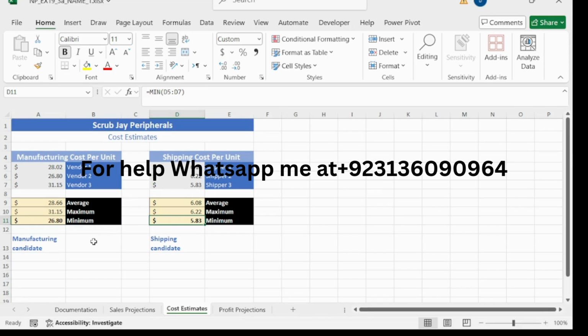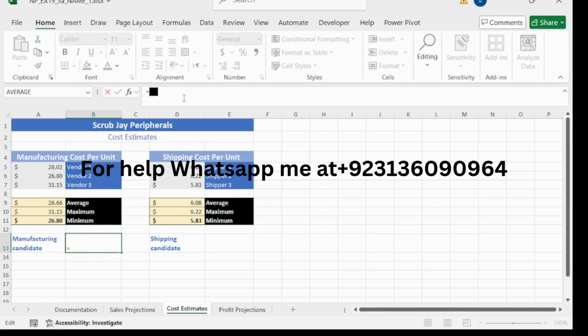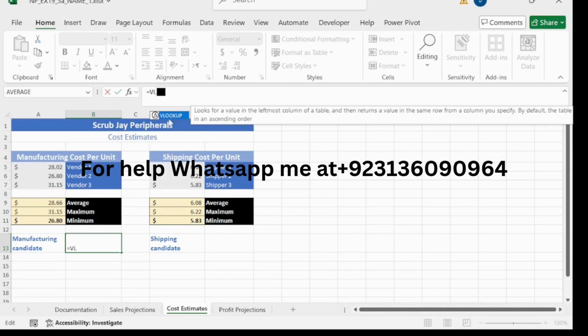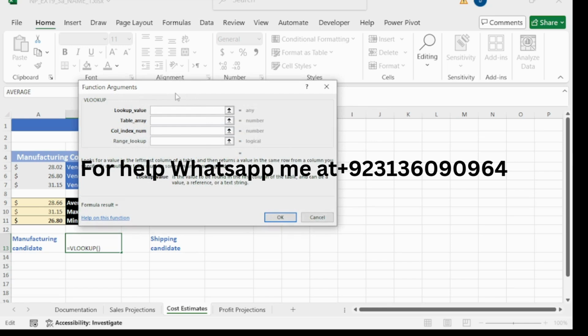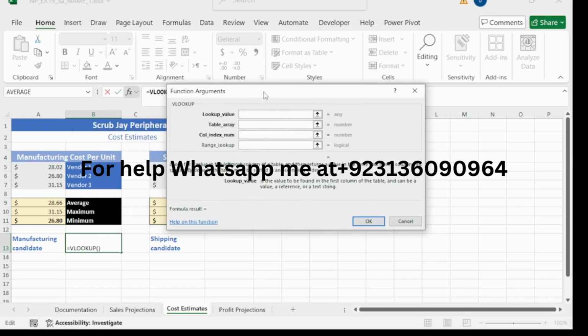This is cell B13. Create a VLOOKUP formula. So VLOOKUP, double click on it and then insert function, choose this one and now our lookup value is cell A11. Choose this one. And our table array is A5 to B7.